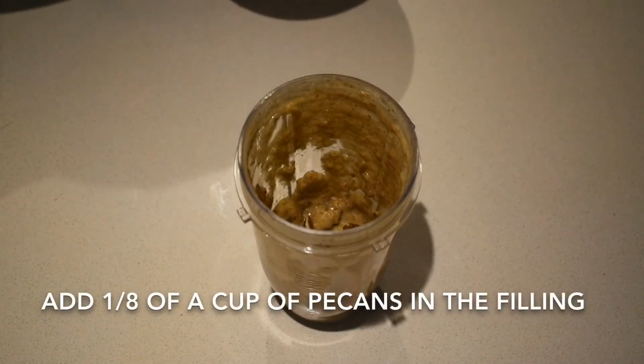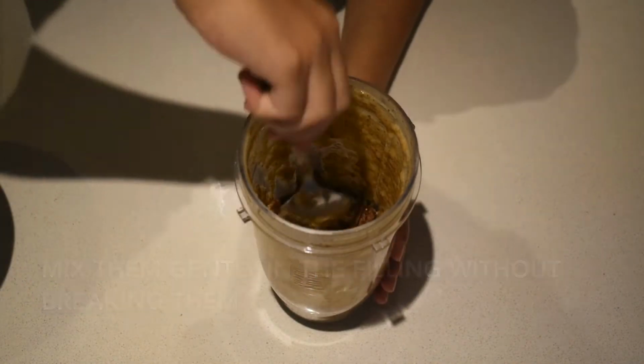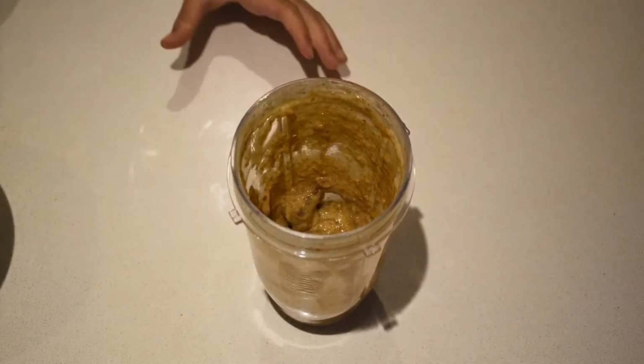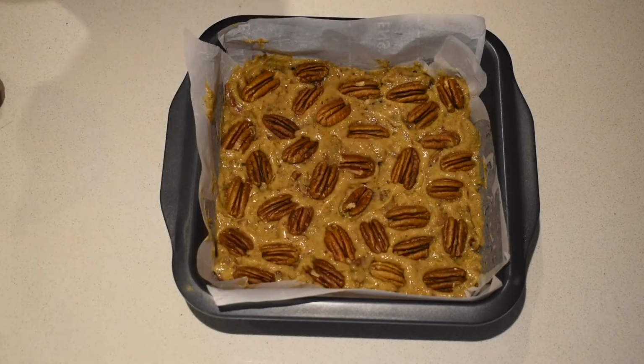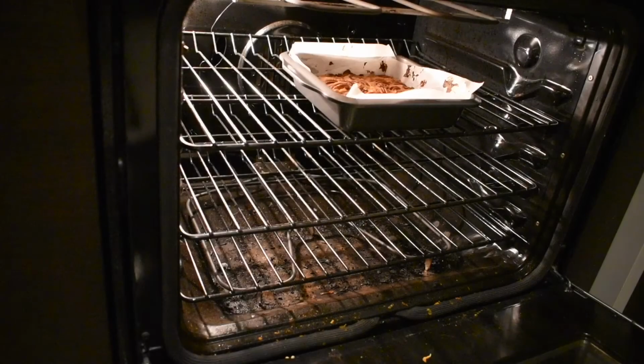Add 1/8 of a cup of pecans in the filling, then mix them gently in the filling without breaking them. Add the filling on top of the crust. Bake it for 35 minutes. Let it cool